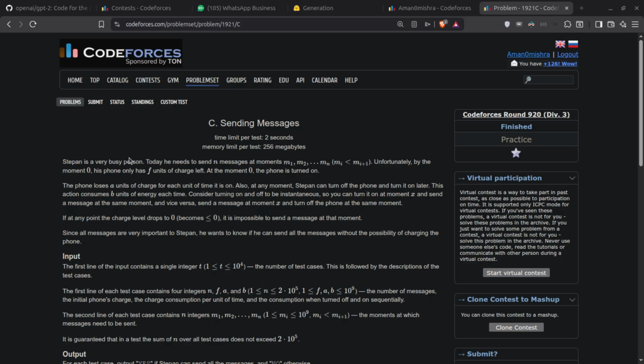At the moment 0, the phone is turned on. The phone loses a units of charge for each unit of time it is on. Also, at any moment Stephen can turn off the phone and turn it on later. This action consumes b units of energy each time, considering turning on and off to be instantaneous,